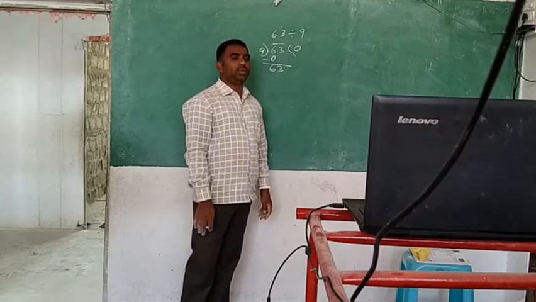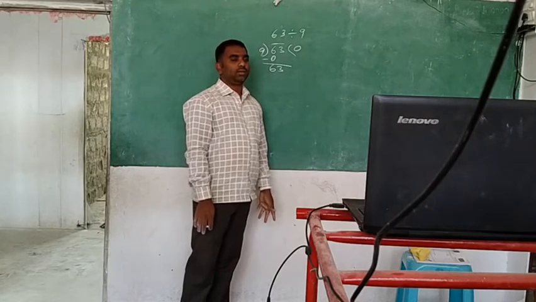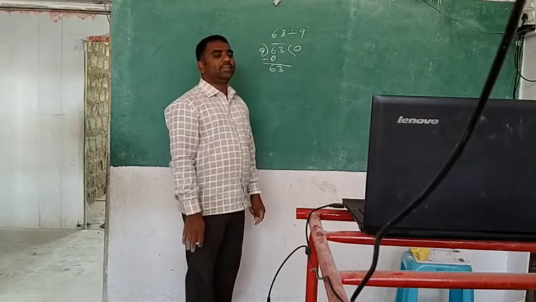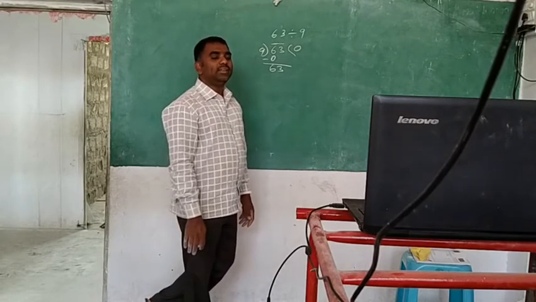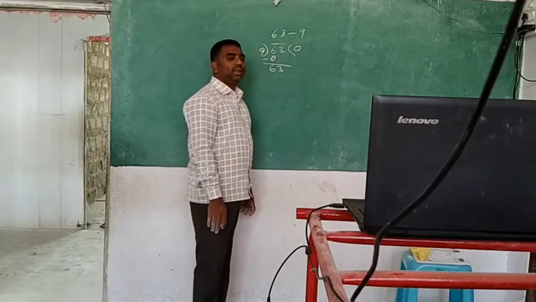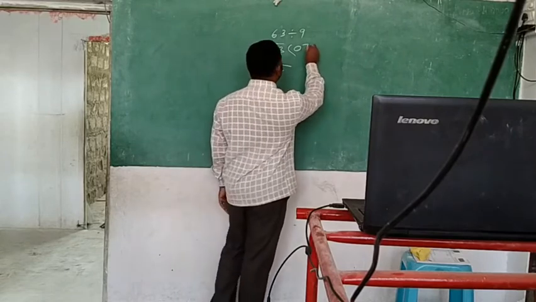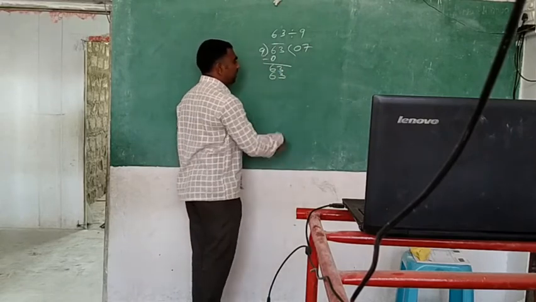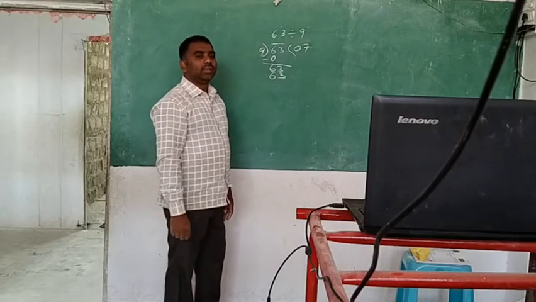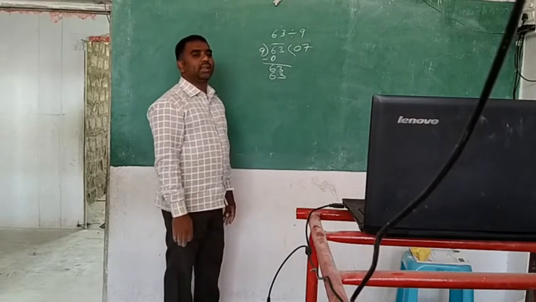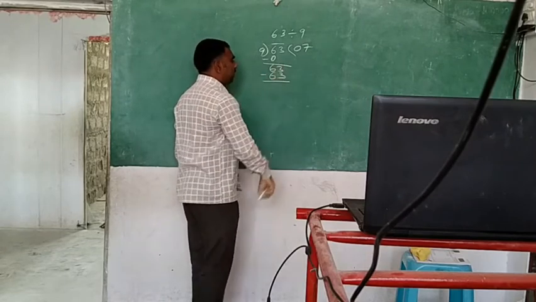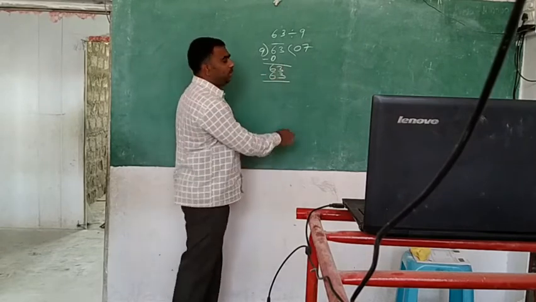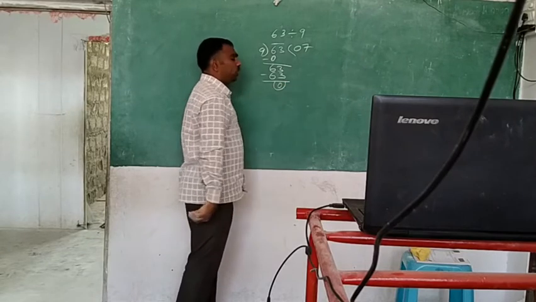But you forgot the tables. In the 9 table, 63. You will get 63 in the 9 table. Sakshika, 9 sevens are 63. You will get it like this. 9 sevens are 63. So not less, directly we are getting that. 9 sevens are 63. So when you subtract it, 63 minus 63 will be 0.